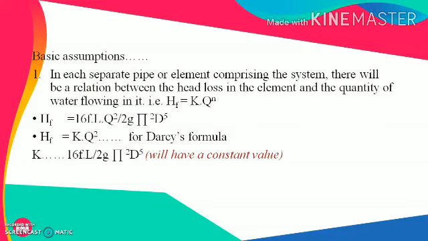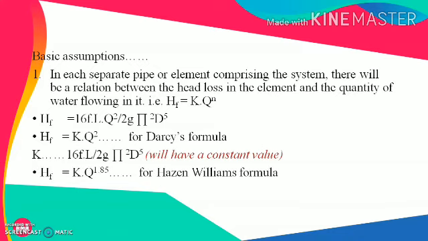Now in this equation we can see that the value of F, which is the frictional coefficient, the length of pipe L, and the diameter of pipe D will be constant, and even other factors like G and pi have a constant value. So we can calculate the value of K as a constant using the formula 16 FL upon 2G pi square D raised to 5, and when we multiply it by Q raised to 2, or Q square, we can calculate the head loss through a pipe.